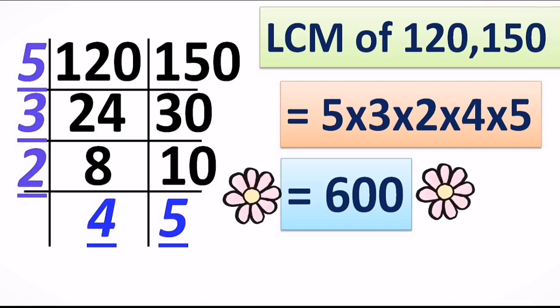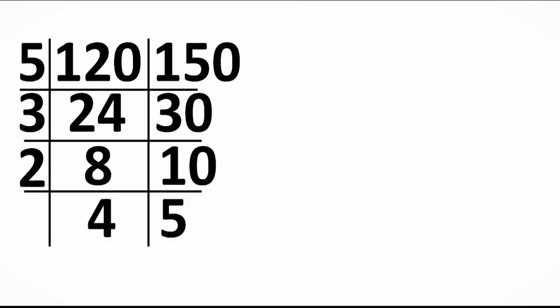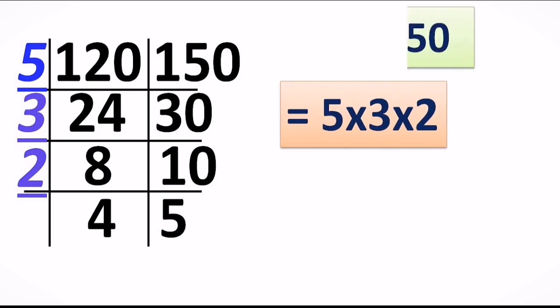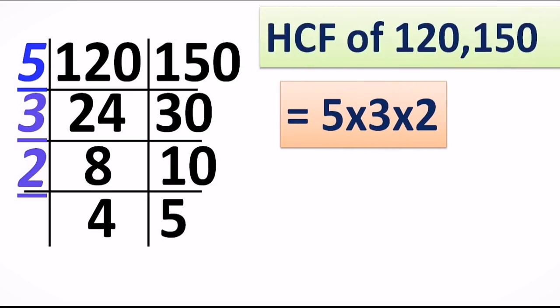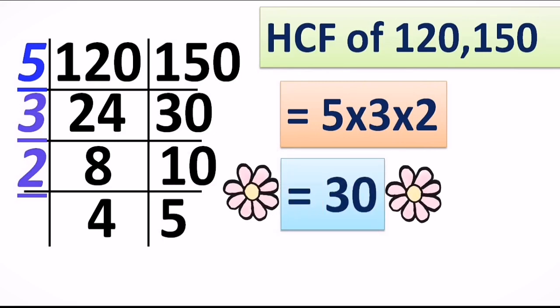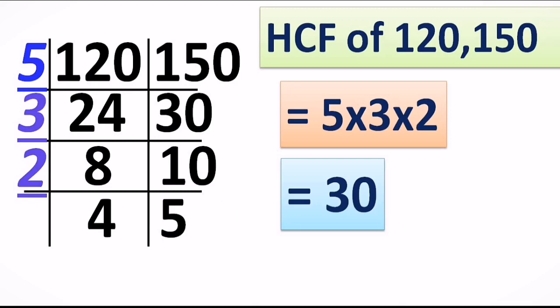What if for the same numbers the HCF is also asked? Then what can be done? The way I told you, at this juncture there are two ways. One goes for the LCM and another one leads towards the HCF. So what can we do for the HCF? We just have to take only the corner numbers, that means only the numbers in the extreme left, okay? The moment you multiply these numbers, we will surely get the HCF of 120 and 150, and the result is 30, right? So in this way we calculate the HCF by taking only the extreme left prime numbers, and after multiplying them, we get the answer, correct?